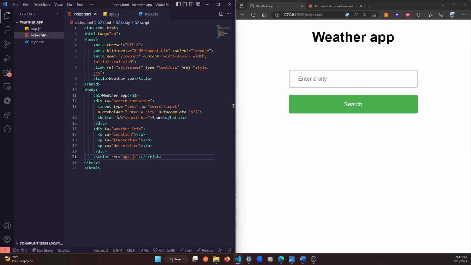But what about the HTML? I want to explain something. We have here two div elements. This first one with the input and the button at the bottom, and this second div with three paragraphs: location, temperature, and description. We don't see them, but let me